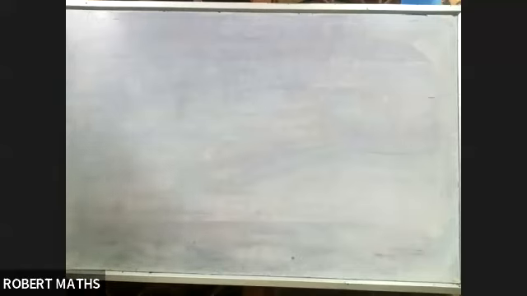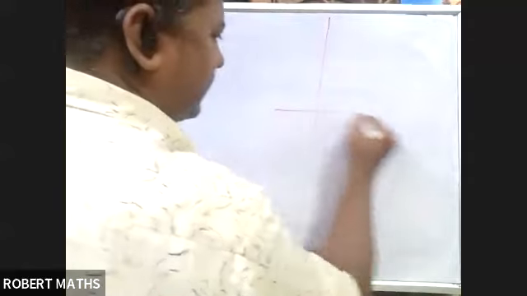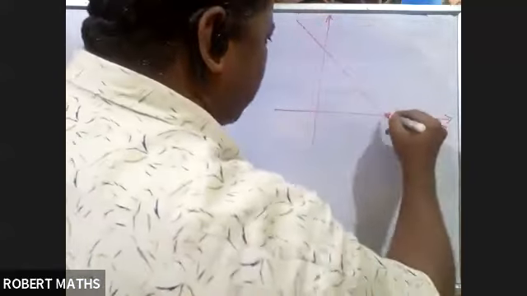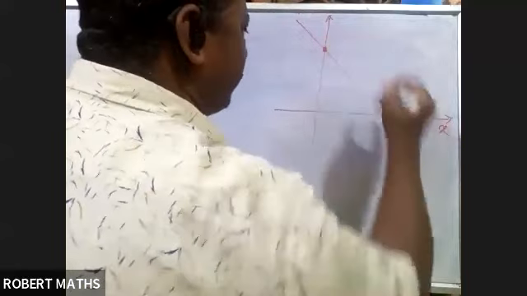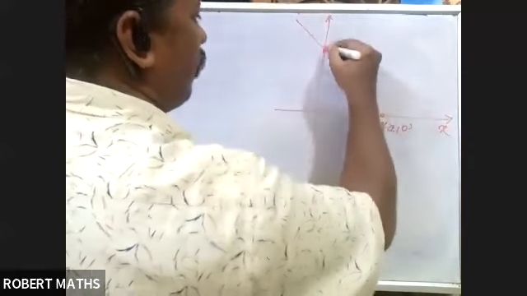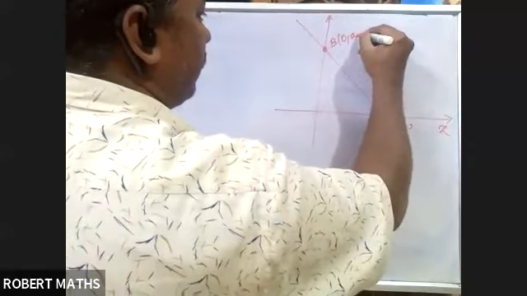So upon the coordinate axes, we use the intercept form formula. Now how can I draw the diagram? Let us take this as the x and y axes. Coordinate axes means it cuts both the x axis and the y axis. Already we know this is called A of a comma 0. This is called B of 0 comma b.